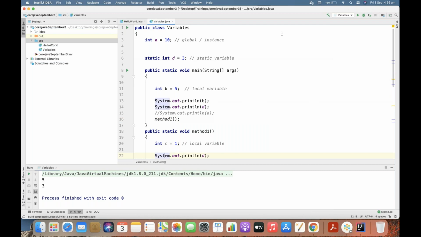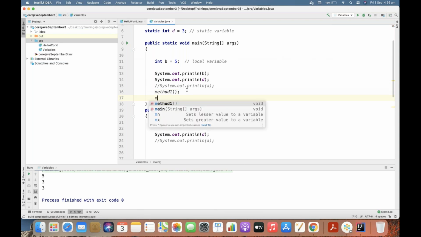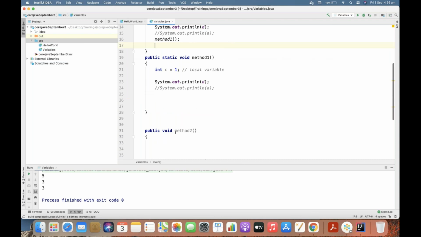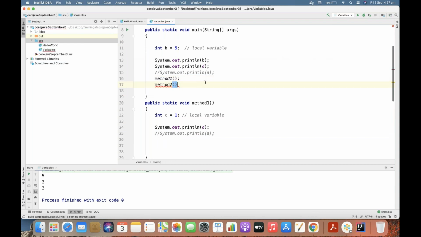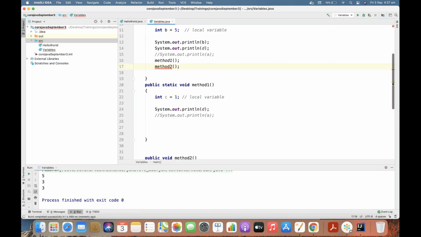Actually, there are many types of methods. We can create a method with parameter, without parameter, with return type, without return type, and all. So, as I said, we'll have a dedicated session for that. But this is again at a high level. So, if I try to access method two, am I seeing it here? See, I have method two also. I'm not able to access it here. What is the reason? You can't access non-static inside a static method. Exactly. But if I create an object of the class, then it will allow me.